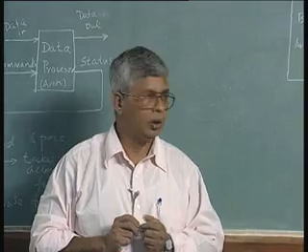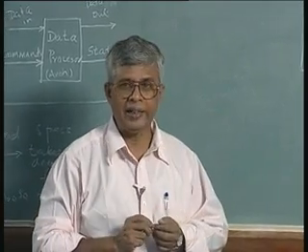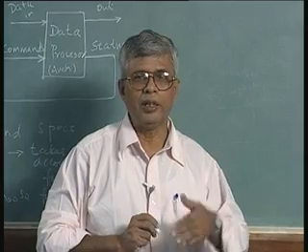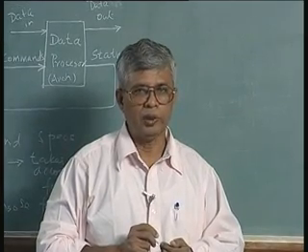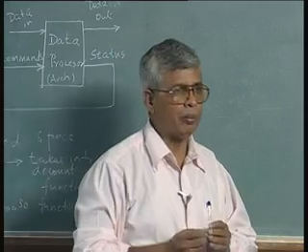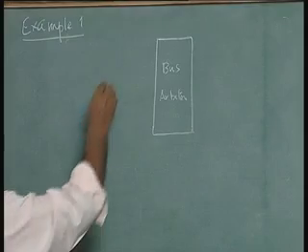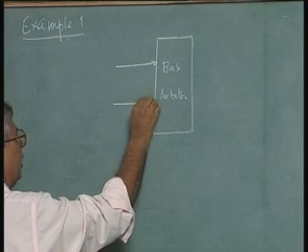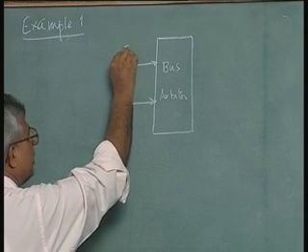So, the bus can be granted only to one of the users, one of the requests at a given time. In order to make it simple, we will say there are two signals called grant A and grant B, GA and GB,